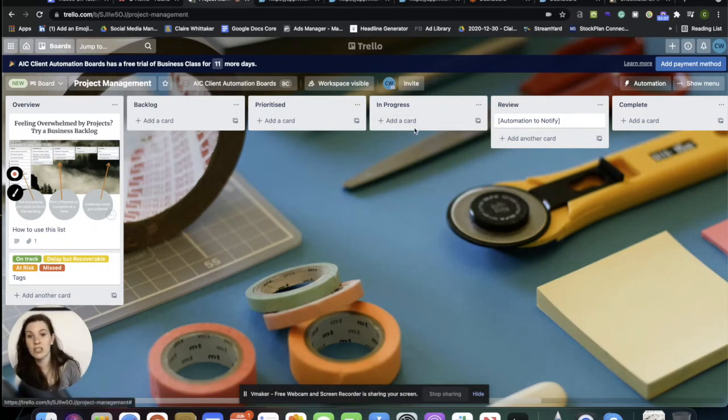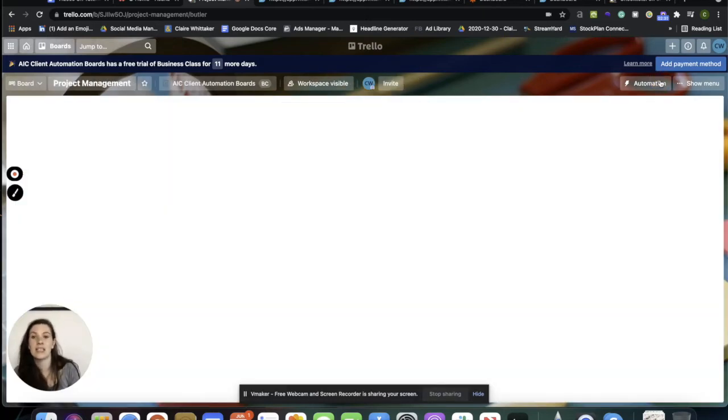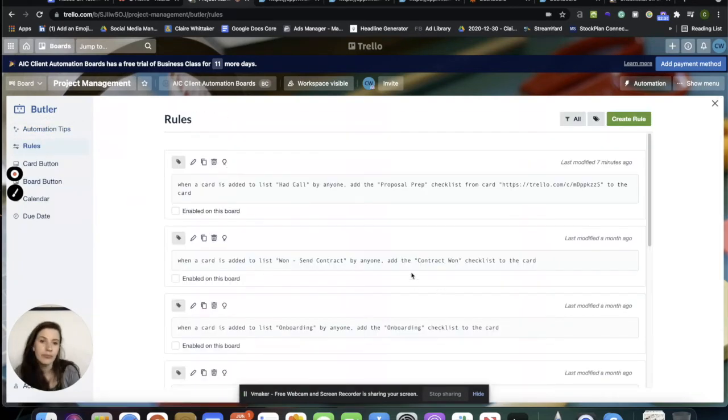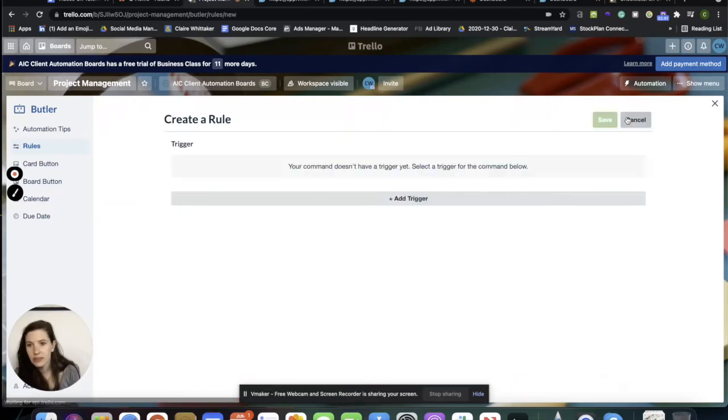Once they're in progress, you can track them here, and you can use different tags to make this more effective and more colorful, so that you get a really good view as you look at it of exactly what's going on. And then I love to use Butler automations to notify people when they need to do different tasks. So some of the things that you can do to make this fancier, if it's useful, is these Butler automations. It's basically a rules-based system. So things that you can do is create rules where,